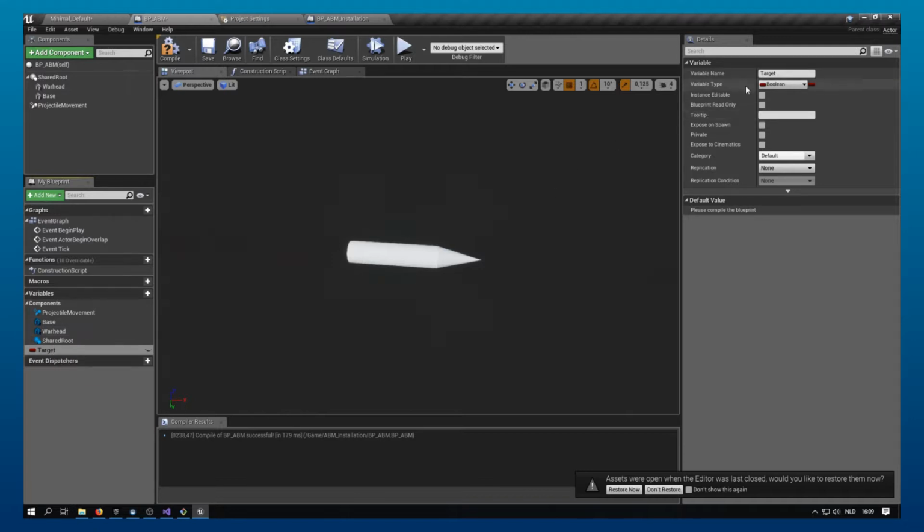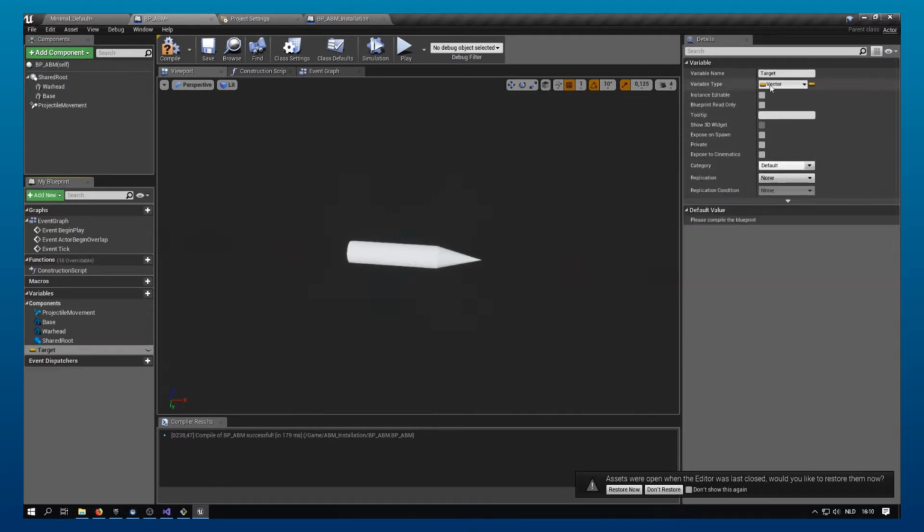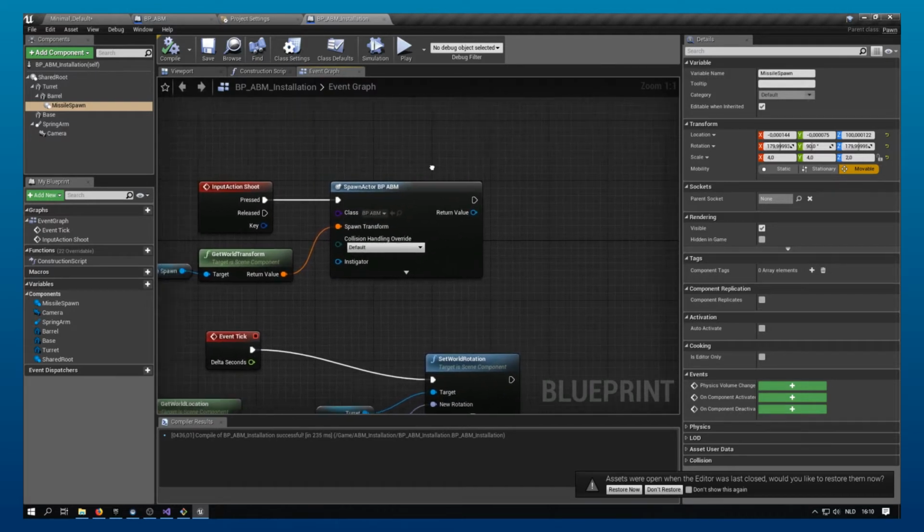And over here on the right, we can change the type to a vector. This is just the world location. And then I can make it public, so I can edit it from anywhere. And now when I go here to the event graph